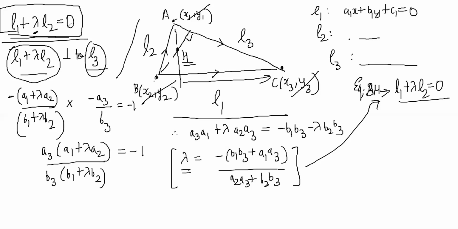Now look at the alternative method. See how he does it without using that, right? So any straight line through the intersection of the straight lines this, right? There are two lines, no? 2x minus 3y plus 4 and 3x plus 4y minus 5, right? So he's saying any straight line through the intersection point is L1 plus lambda L2 is equal to 0, right? Now see this straight line, if it is perpendicular to the third line that is given, right? Then the product of slopes should be -1, no?